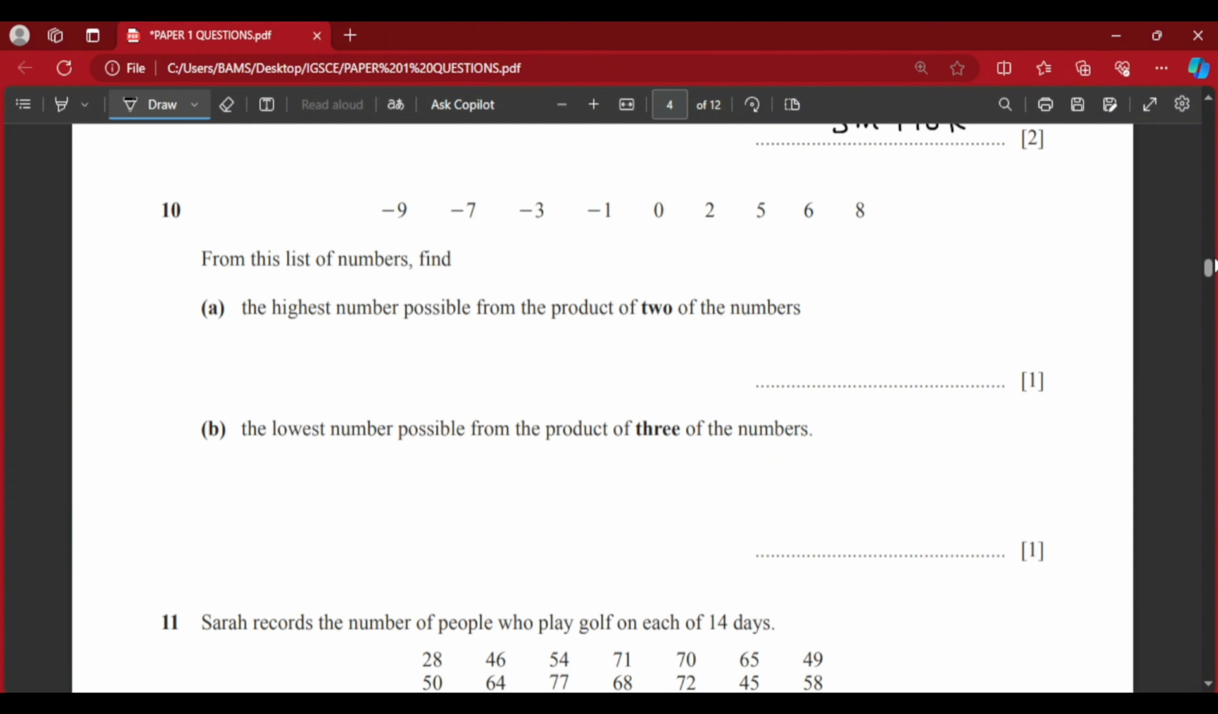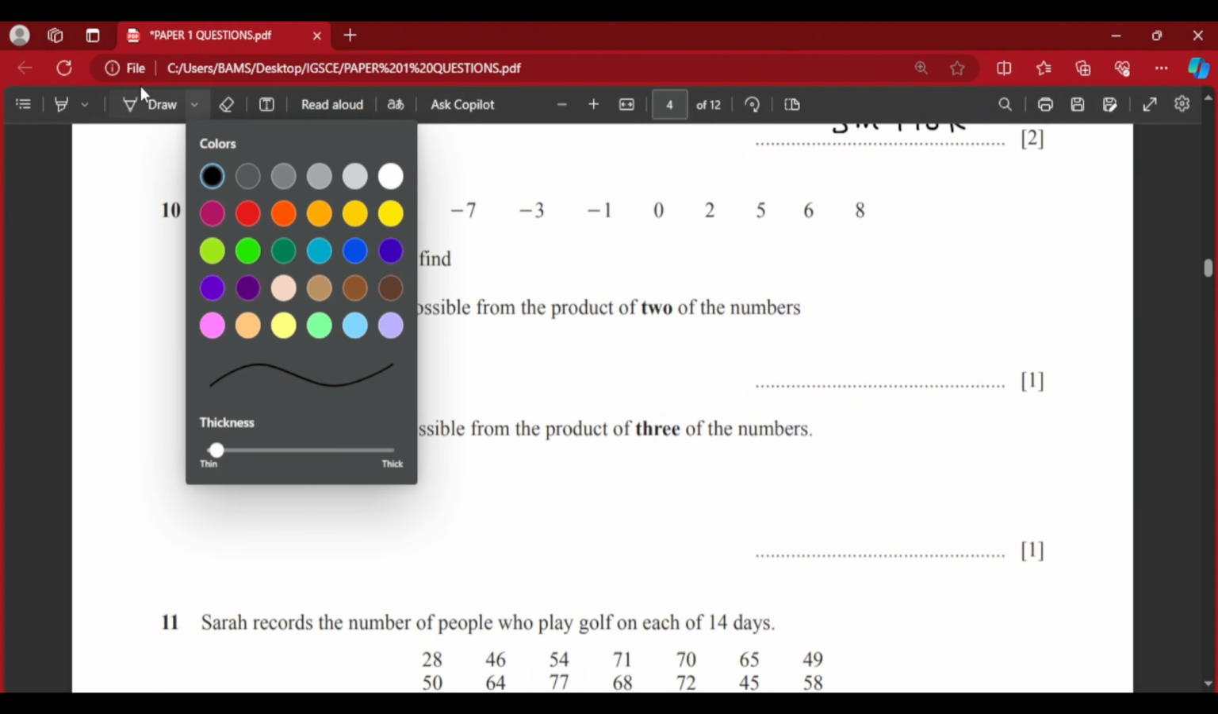So question 10 gives us minus 9, minus 7, minus 3, minus 1, 0, 2, 5, 6, 8. From the list of numbers, find the highest number possible from the product of the two numbers. So what is the possible highest? Now, you might want to know that for me to get the highest possible value, I can work with the